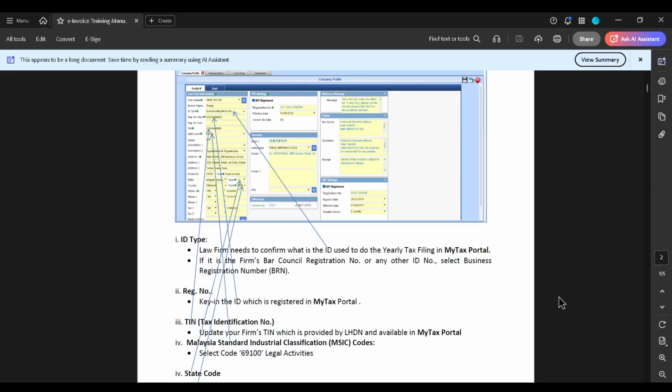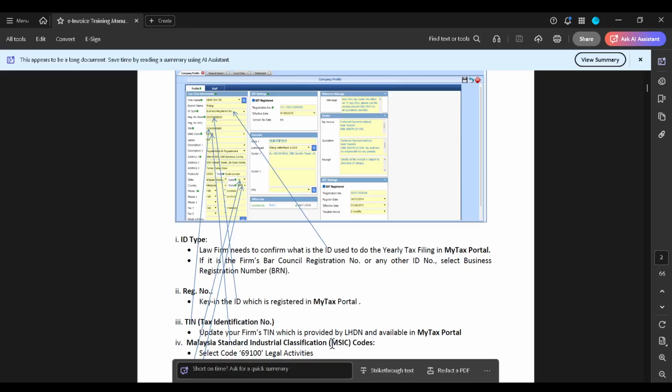TIN, the identification number of your firm. TIN is provided by LHDN. You can check in the my tax portal what is the TIN for your firm, for the respective firm. You have to update as well the TIN here in the company profile. And MSIC code will be